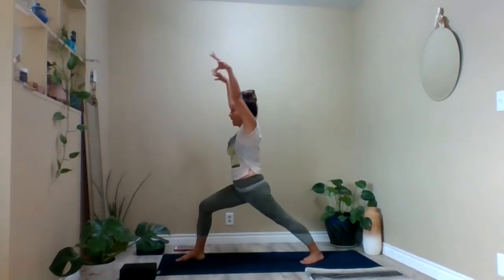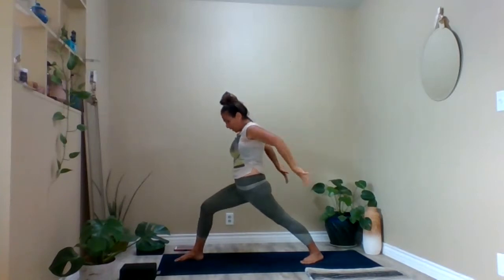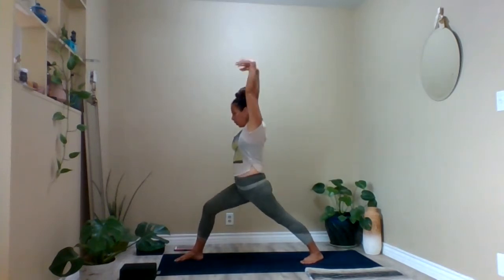Take your arms above your head. Take a long breath in. And then reach your hands behind you. Open up your chest. Big breath up and in. Beautiful. Release your arms. No slingshot. Just release them. Twist over your right